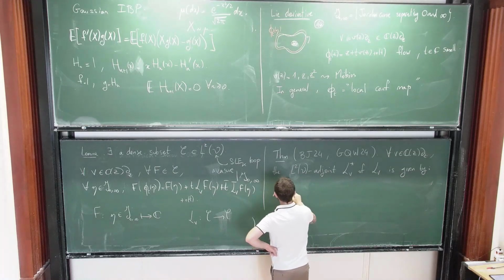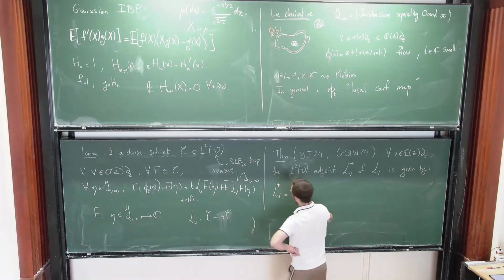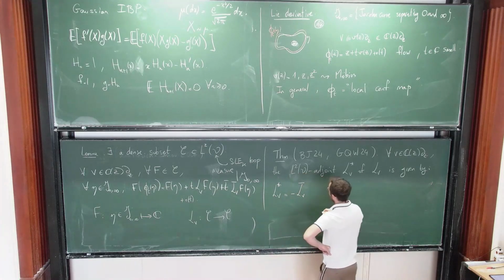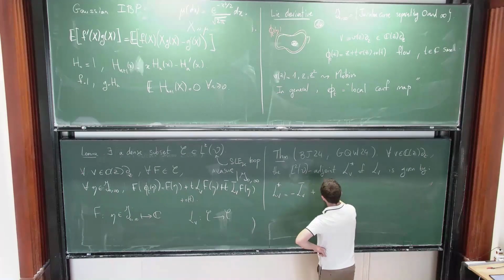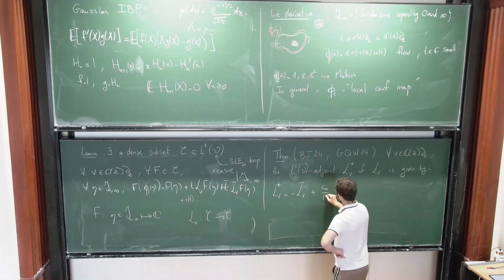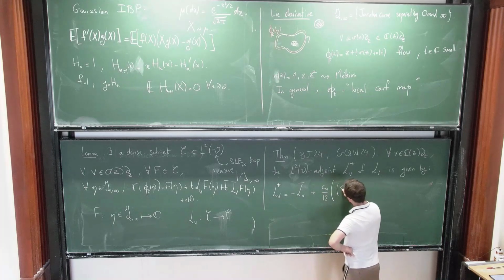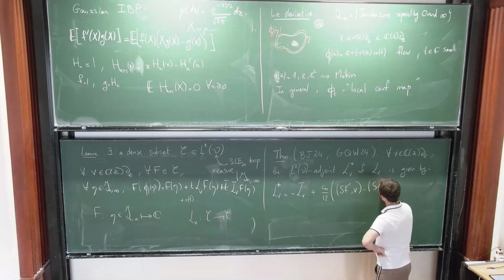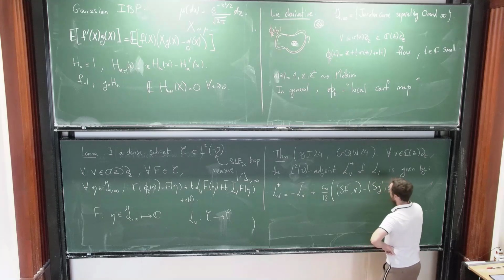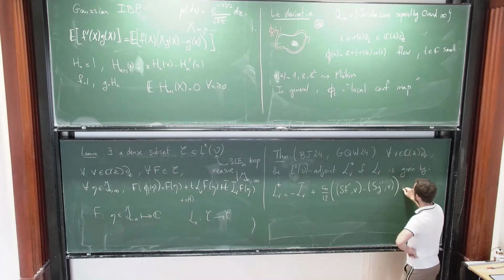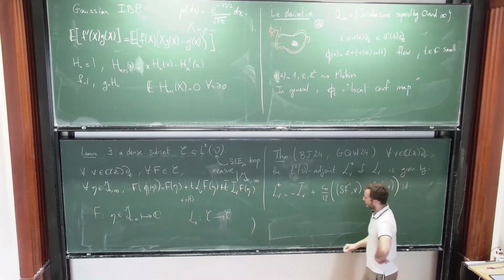LV star is equal to minus LV bar. So LV bar is this other guy, plus some explicit thing, Cm over 12, the Schwarzian derivative of f minus 1 paired with V, minus the Schwarzian derivative of G minus 1 paired with V, times identity, if you want,